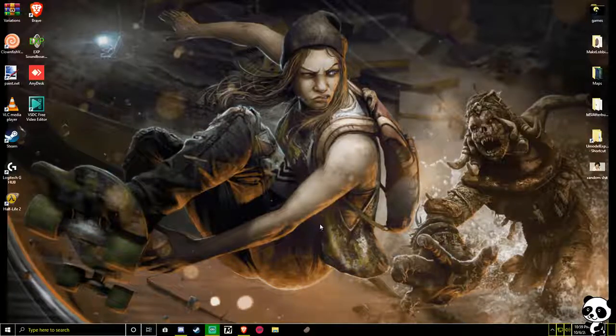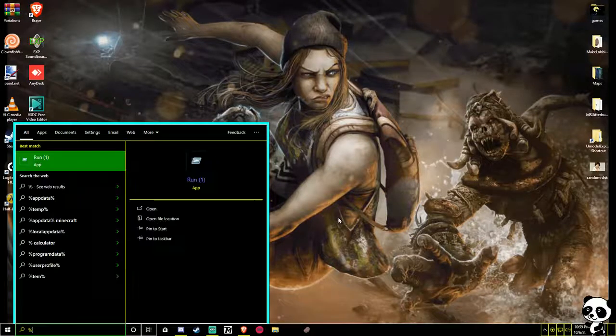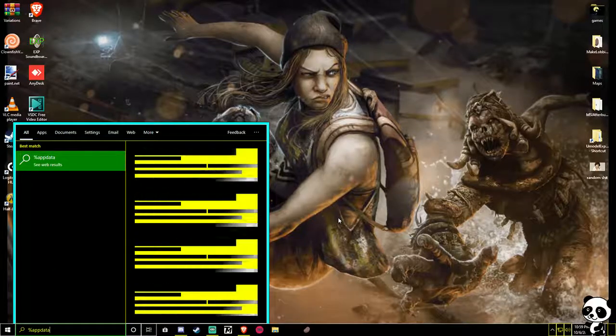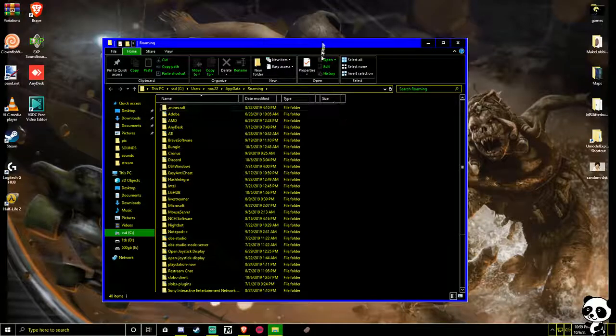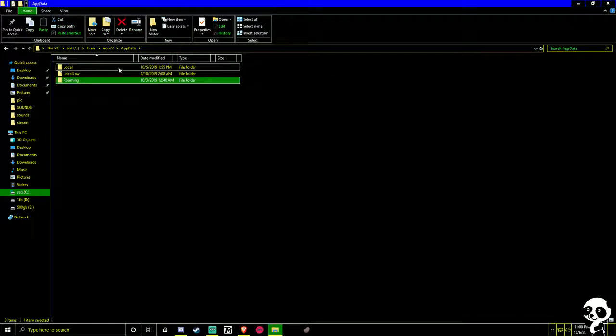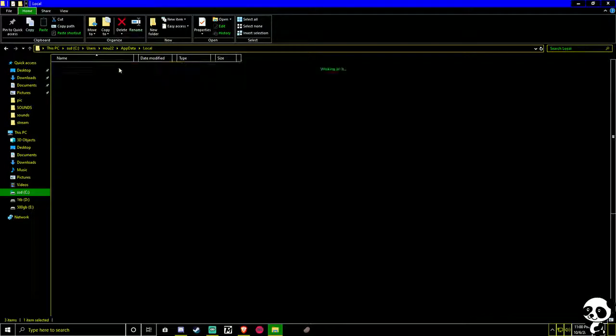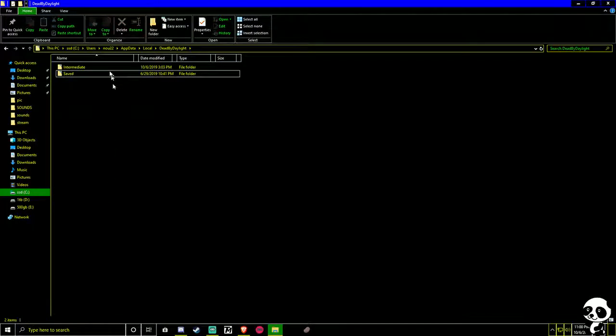If you are on Windows 10, this is going to be a piece of cake. What you want to start off with is go to search and type percent app data percent. Press enter. Now expand this, go up here and click on app data. Now click on local and look for Dead by Daylight. Here it is. Now open that folder, go to saved, go to config and